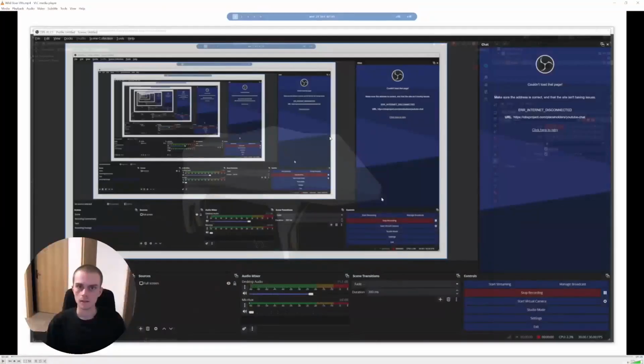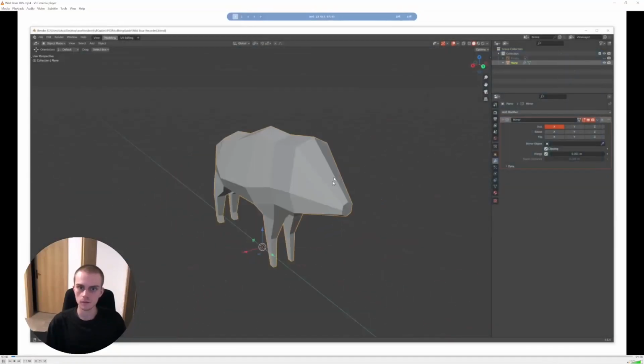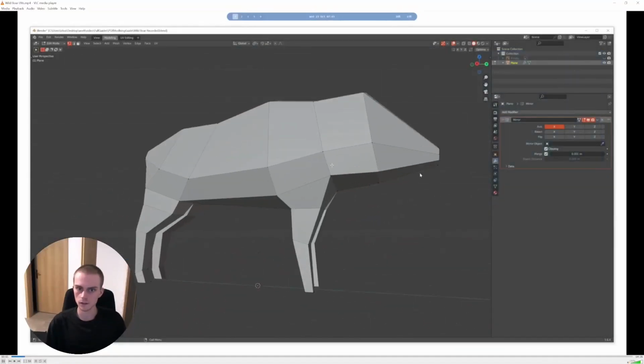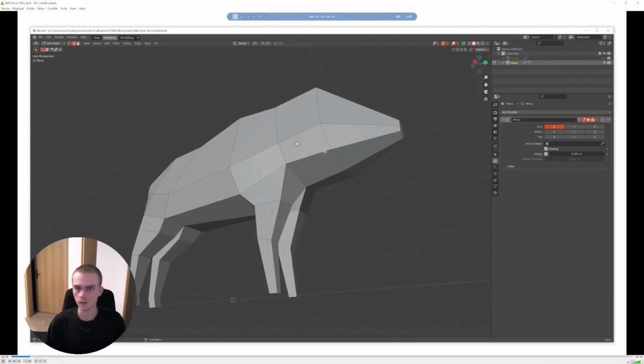This might take a little longer than the last one. Not too long, because UVs are pretty simple in general. Let's get to that. And here we have our wild boar. You can see he's currently mirrored. We're gonna keep him mirrored because that saves us some UV projecting, and we can actually use there's a hole